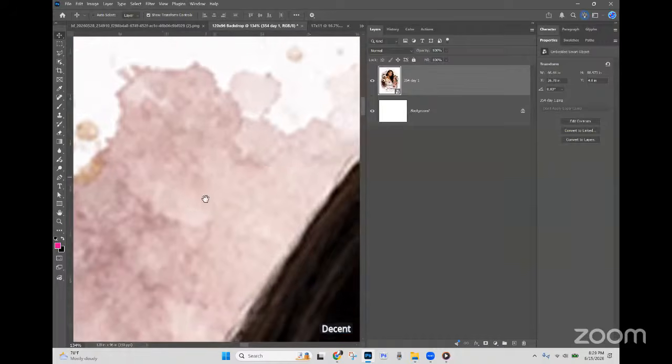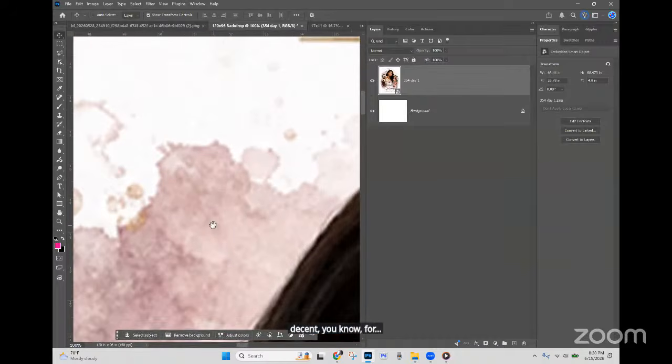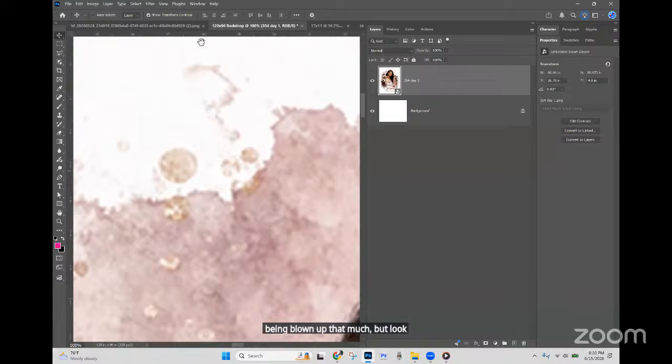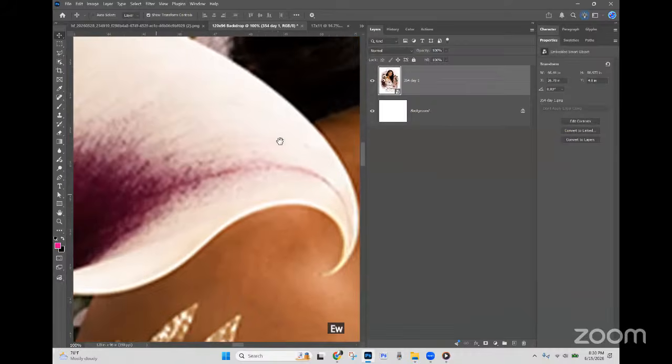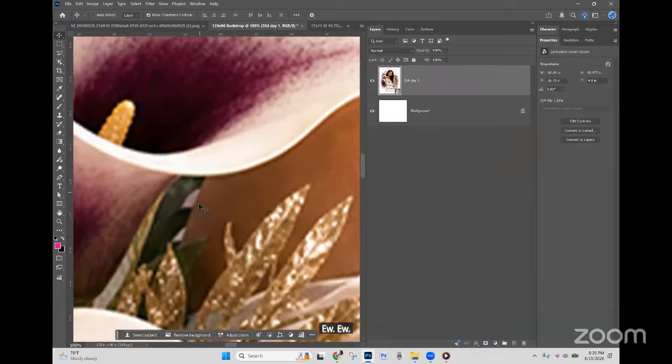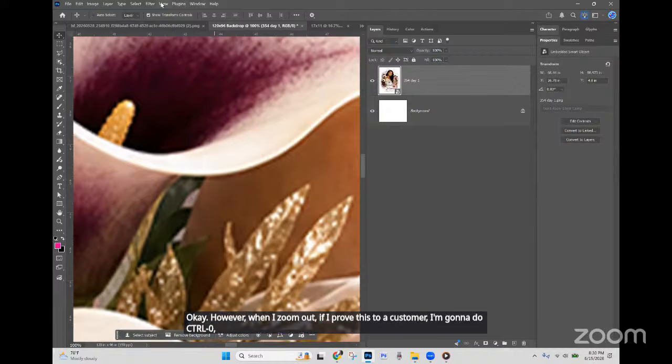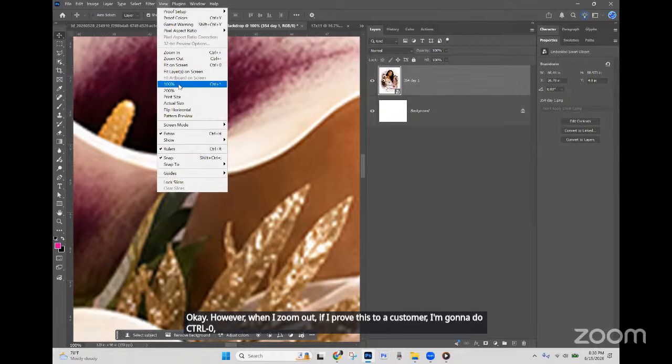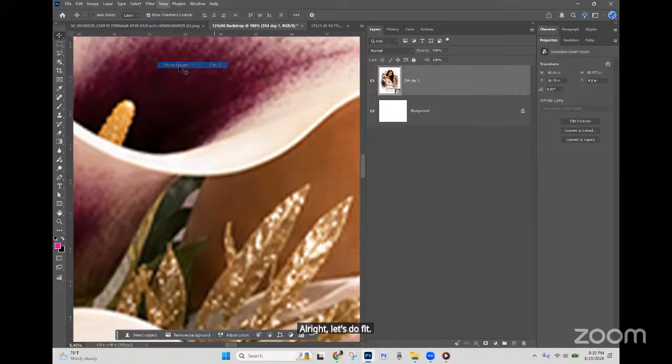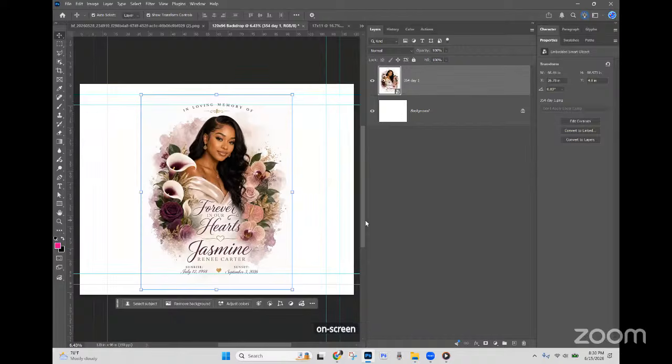Decent, you know, for being blown up that much, but look at those pixels. Ew. Those little jagged edges. No, sorry, Bob. Okay. However, when I zoom out, if I prove this to a customer, I'm going to do Control-0, or let's do fit on screen. This looks all right. Like if I was to show people that, hey, this is what your backdrop will look like,